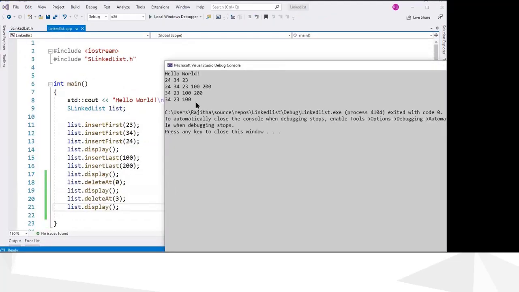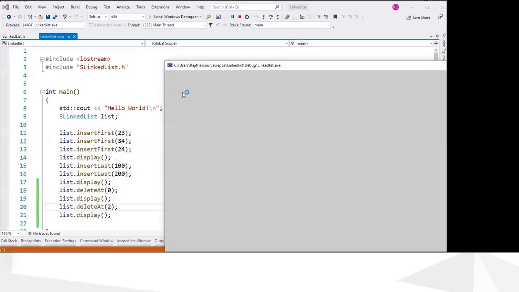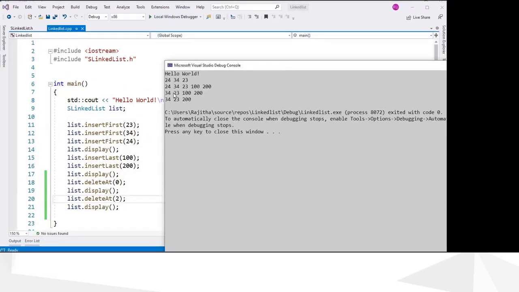Now you can see this is the third position, 0 1 2 3, and I have deleted 200 here, the last element. So instead of 3 I will delete 2 now. Now you can see 0 1 2, so I have deleted this 100. So other things are there.